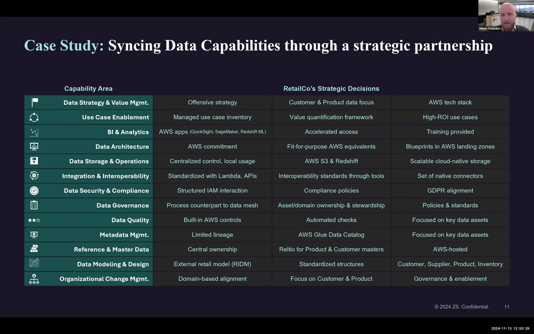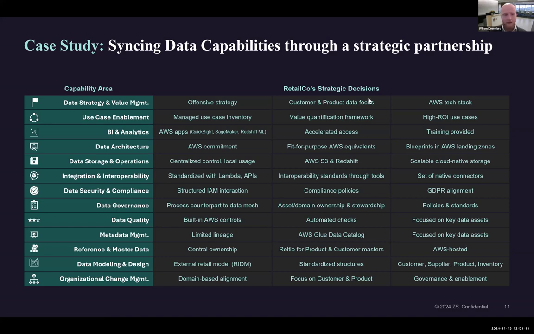Once you've had that initial framework or shape of your data strategy, a lot of the decisions follow, just following the logic, right? If we look at the BI and analytics layer, you have a whole suite of AWS apps around QuickSight, SageMaker, etc. Those are now the tools to use. They made sure they came accompanied with the right quick access and training. Anyone, anywhere that had a use for these types of applications was able to nearly self-service their way to these tools.